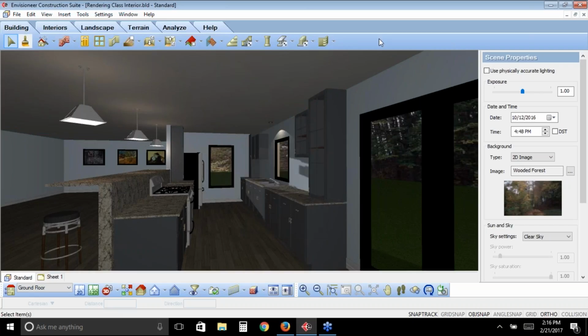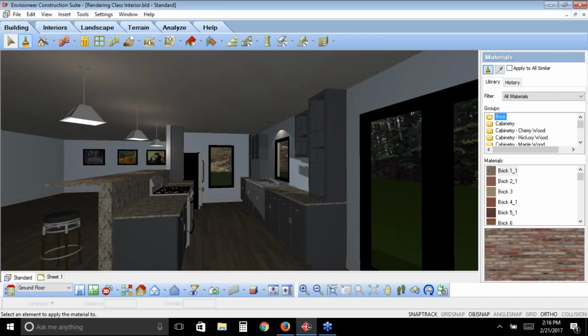Moving on now to materials, I'm going to click on the Material Paintbrush tool, and that's this tool that I'm hovered over right now underneath the Building tab, the second tool in. When I click on that particular tool, you'll notice that my catalog panel now to the right of my screen updates with various materials. And in our scene, we have a number of different materials, from the hardwood flooring to the painted gray cabinets to the paint on the wall to the hard surface material we've used for the countertop